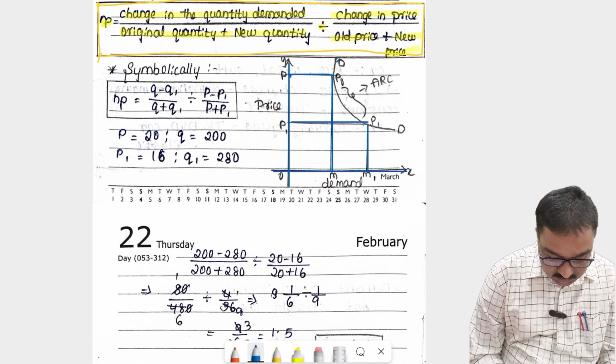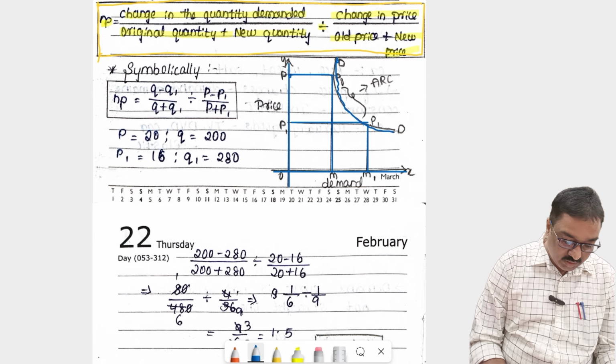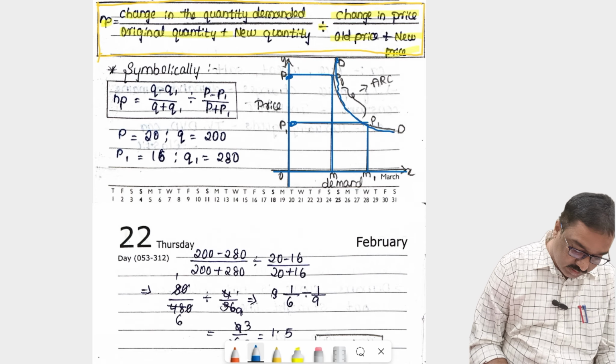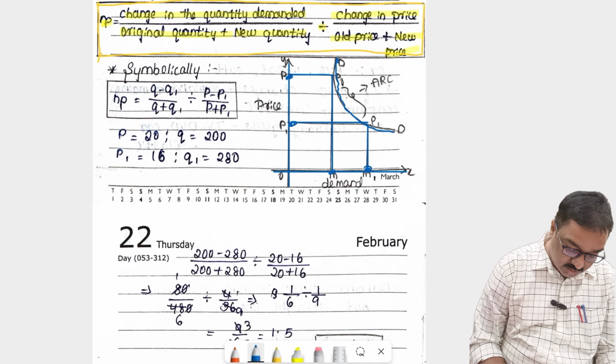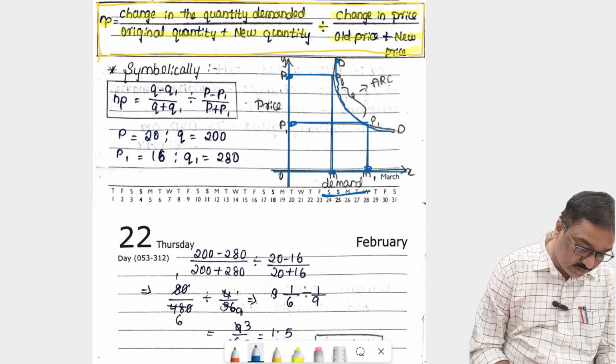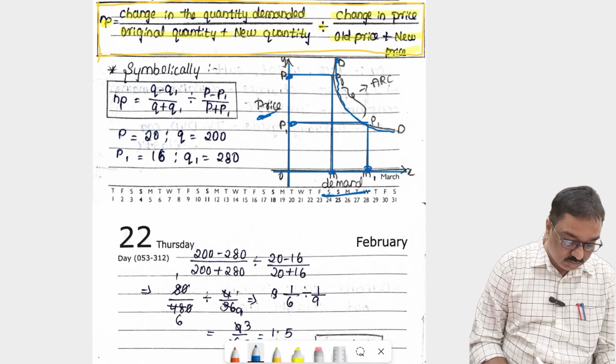This is the demand curve, and here are the points. On the x-axis, I am showing the demand of the good. On the y-axis, I am showing the price of the good. So symbolically,